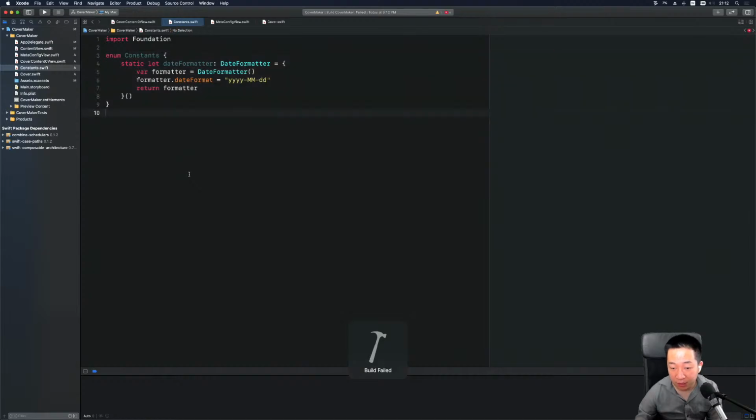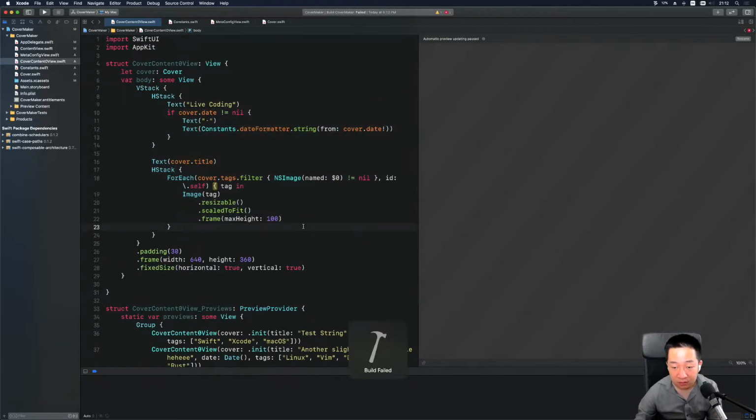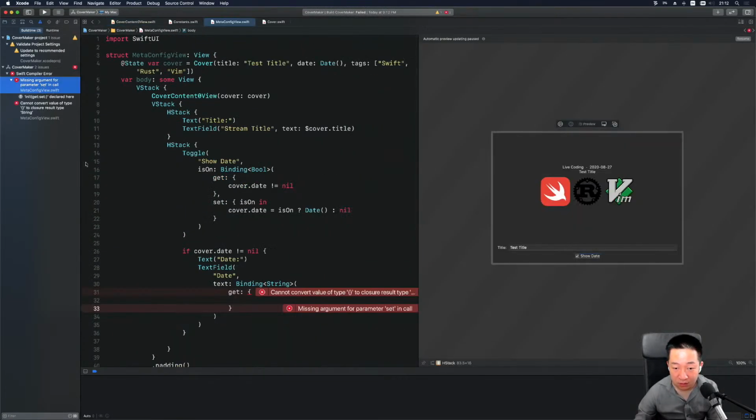So this should compile, except for the other place where we use it. This would be Constants.dateFormatter. Now the good news is